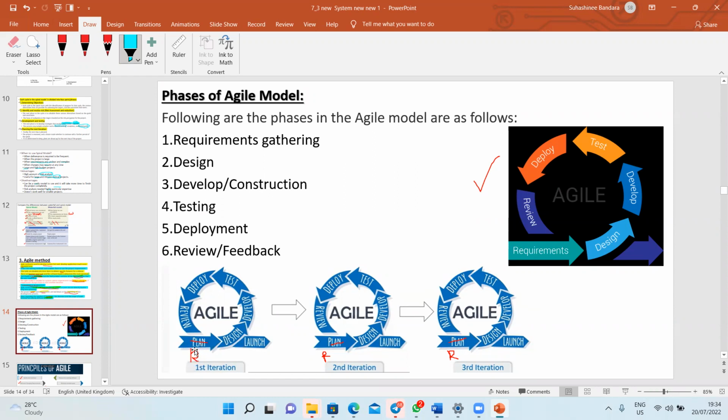Okay, when you are writing, just write the requirement. So if the first launch finishes, and there are modifications, the second launch goes on with modifications according to that. Then the third one. Likewise, there are mainly six steps: requirement gathering, design, development or construction, testing, deployment, review, and